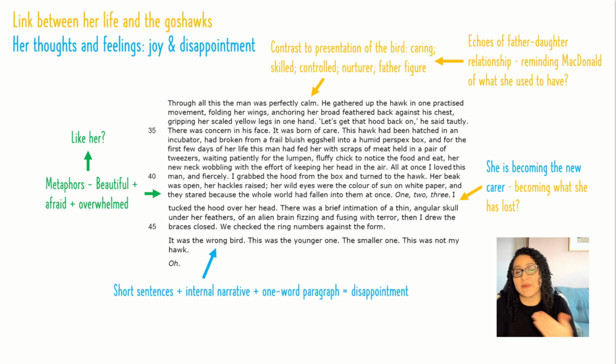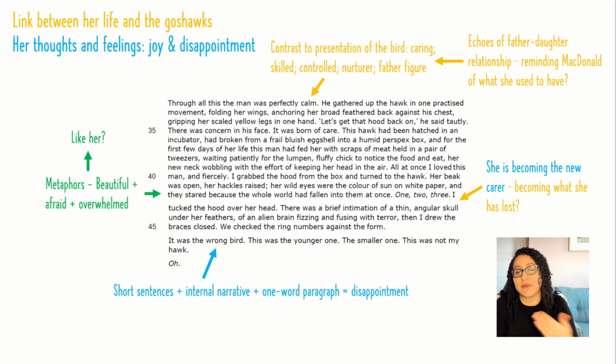And of course, with the opening of it was the wrong bird, we have that similar image to what I've talked about already with the dialogue back at the beginning. If we want to make sure you don't get the wrong bird, that double meaning of wrong. It's wrong in the sense that it's not her bird, yes, but it's also wrong in the sense that this is not going to be the one she was going to connect with like she thought. She was not going to get to have that, you know, caring relationship that she just started to get to have with it. She's not going to get the connection that she initially thought she would with this bird,